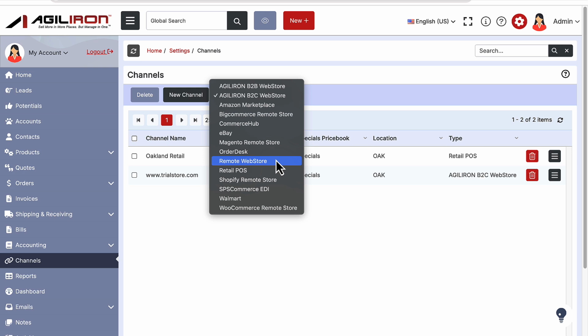In any case, the existing remote web store that sits external to Agiliron must connect to Agiliron through one of these bridges. A bridge, or adapter, enables the Agiliron suite to integrate and support your remote web store, just as it would any other sales channel. So net-net, adding a new web store is as simple as selecting the type you want from this drop-down menu